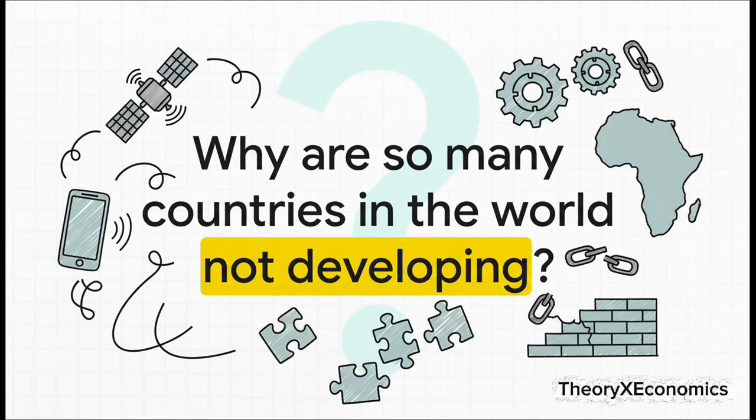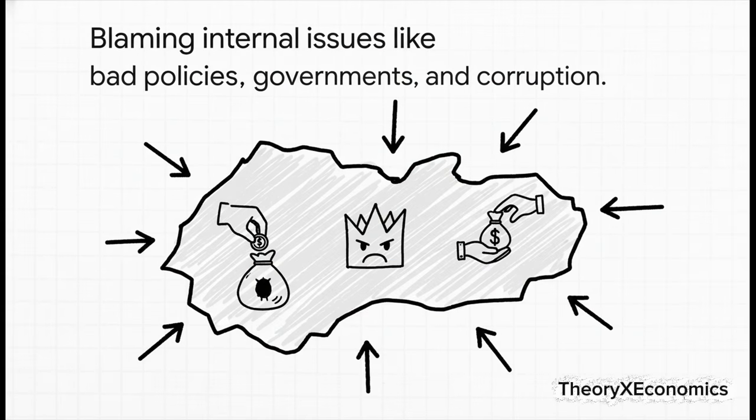So yeah, here it is, the central puzzle. For decades, this has been the big question. With all our modern technology, with our interconnected world, why are so many nations just stuck? Why aren't they developing? The usual answer you hear is that it's their own fault. Things like bad economic decisions, maybe a corrupt government, or political instability. And look, those things definitely don't help.